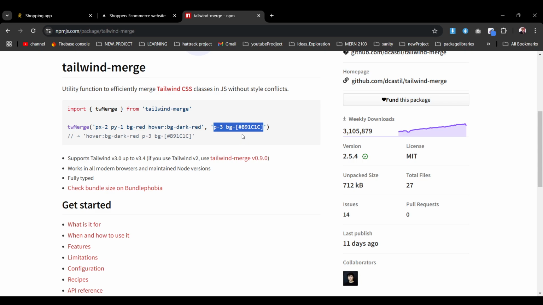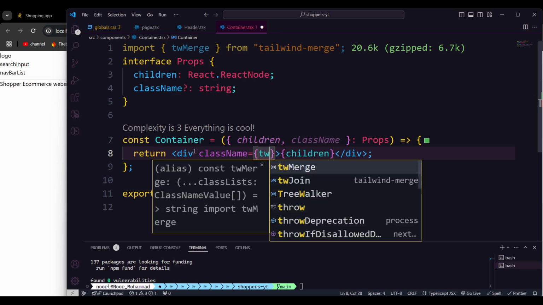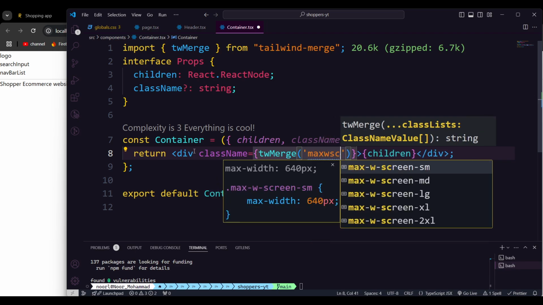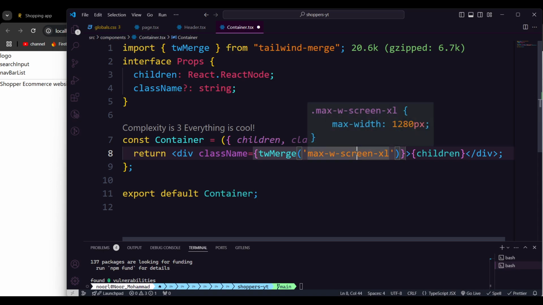Remember, whenever you're using Bootstrap, especially when you are making some important notes, that effect is going to apply first. So the second parameter will take that important parameter. If I come over here and put a class name, not a string, I'm going to put the curly braces, and then the TW merge here. I'm going to say max width should be screen-xl. And how much is the screen-xl? If you just hover on it,